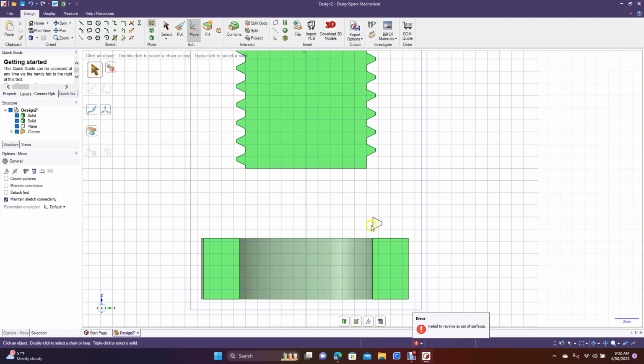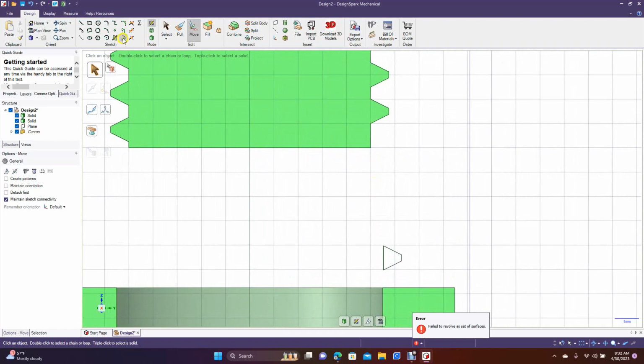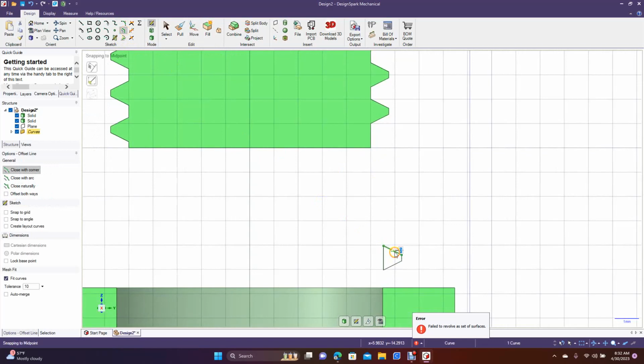What you might want to do is, it's usually a good idea to put some kind of tolerance in your bolt. So you might want to make them a little bit bigger than this. So why don't we go ahead and do that, just so it has some tolerance in there. So we're going to do the offset. We're just going to offset this maybe 0.1. Just a little bit. 0.1. We'll do this 0.1. The bolt has to have a little room to wiggle around in there, and then we'll do this one